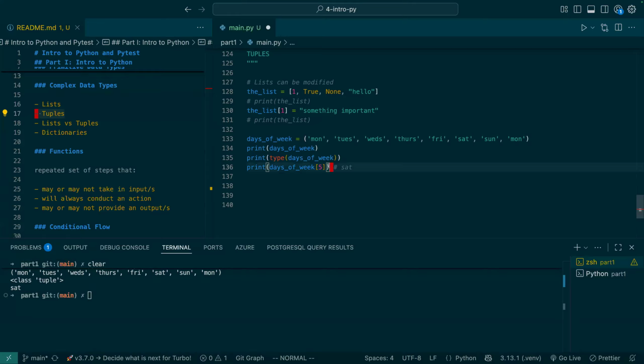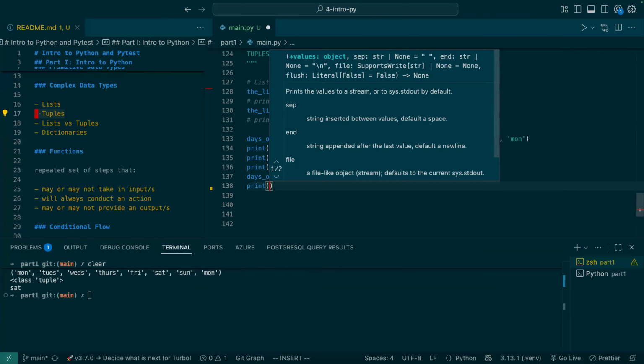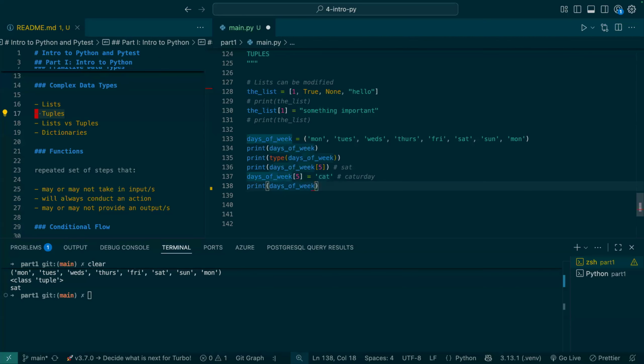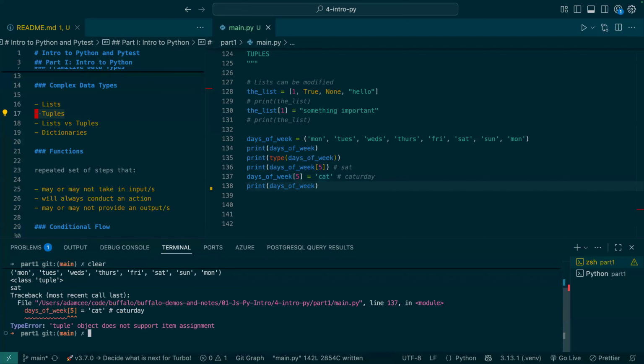Now, let's try to change one of these values. And let's say days of week sub 5. Let's change it from sat for Saturday to cat for Catterday. And let's go ahead and print out our tuple. And when we run this, we're going to see that Python is not happy about this. And in fact, we get an error,